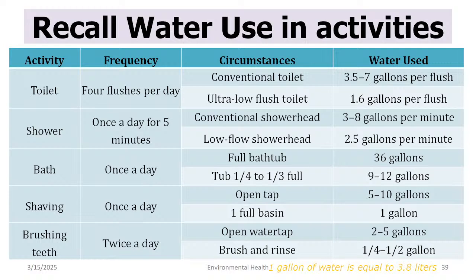Okay. So if we have to do that, you recall the water usage and activities I showed you in probably the second or third class. So there are activities like toilet or shower or bath or shaving, and you multiply in terms of liters also, nearly 4 liters for 1 gallon. So 30 liters by one simple conventional toilet. 30 liters of water is wasted in 4 flushes, urine or whatever, a lot of water. People are not getting 30 liters per person a day, right? Or a full bathtub, lots of water. So we have these kinds of examples.